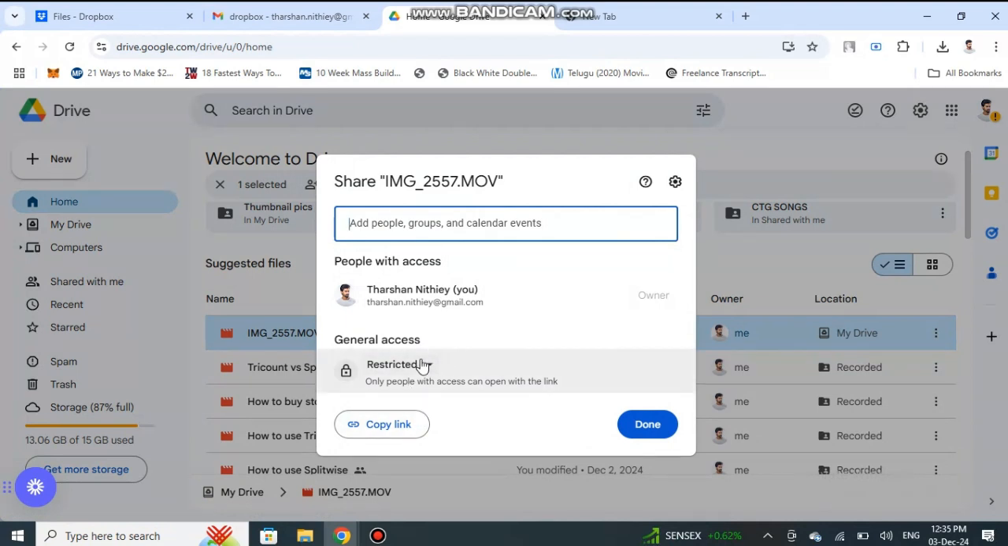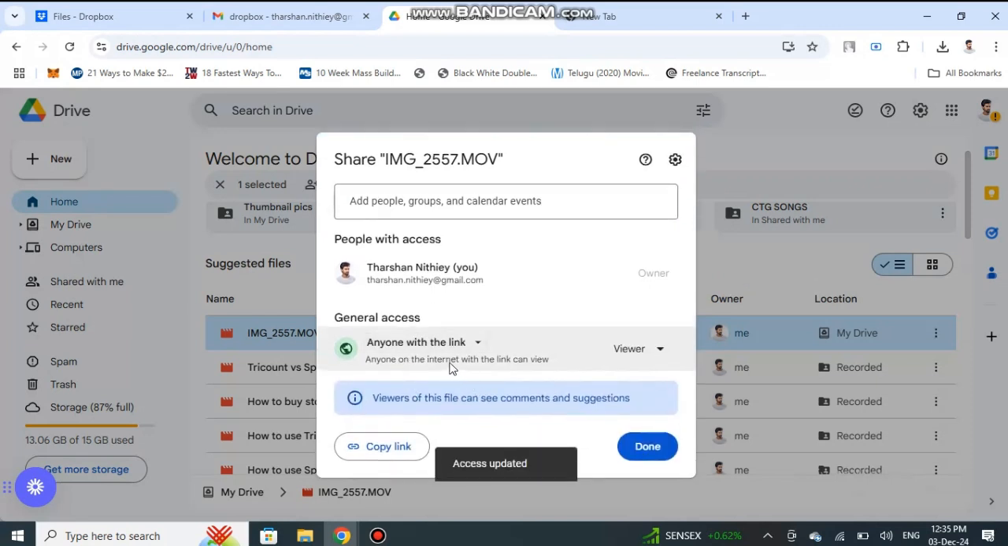the permissions. You can hit on restricted, which means only specific people can access, or you can change that to anyone with the link. So anyone with the link can access the document. You can change that, and if you choose anyone with the link, you can choose the permission for it,